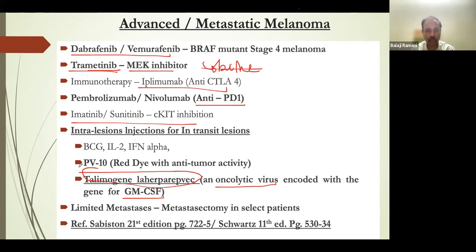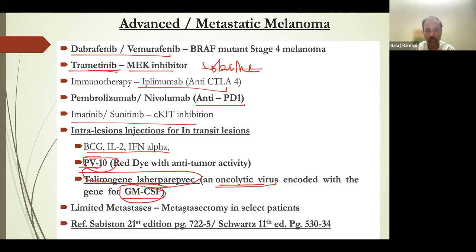So other than that, you have your PV10, you have BCG, interleukins, interferons. All these have been used, but the likely things they will ask you are the PV10 and then your Talimogene laherparepvec, which is basically an oncolytic herpes virus encoded with GM-CSF. And remember, in patients with limited metastasis in the brain, in the lung, in the bone,